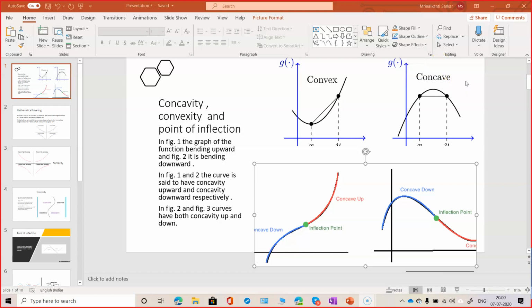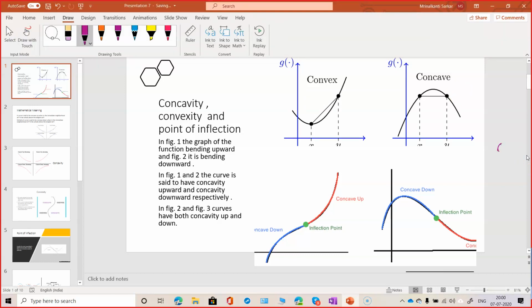This is something like a convex lens or concave lens, that lens may be convex, it may be concave. It is concave towards the rarer medium, it is convex towards the rarer medium. So mathematically we are going to investigate how to find the convexity, concavity of a function at a point, at an interval, but the meaning of convexity, concavity is the same in both subjects.